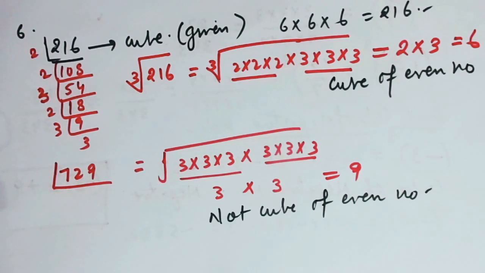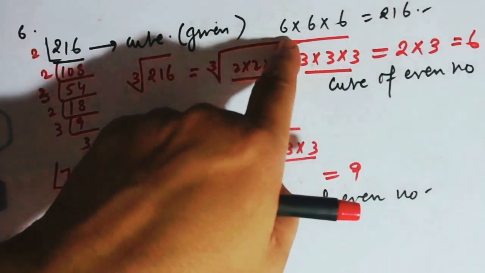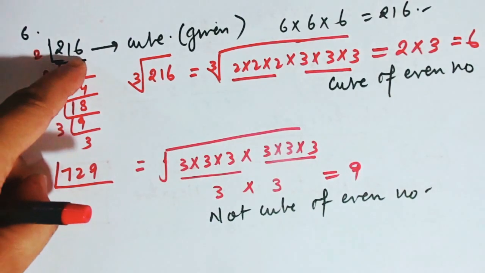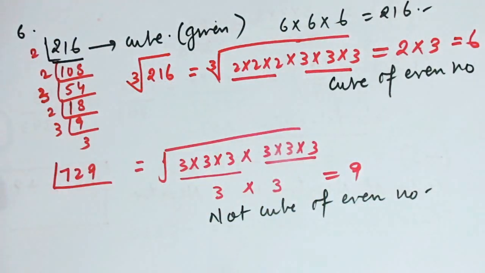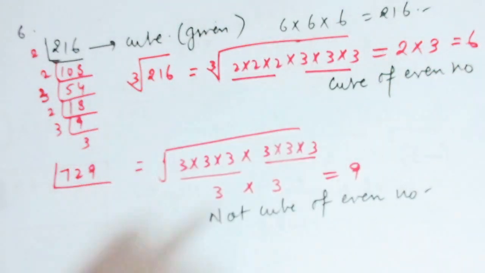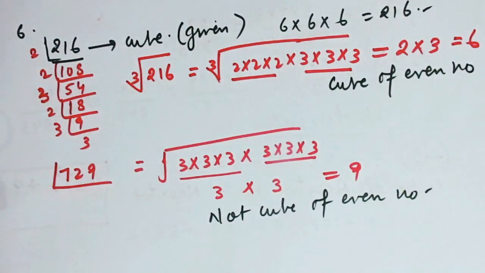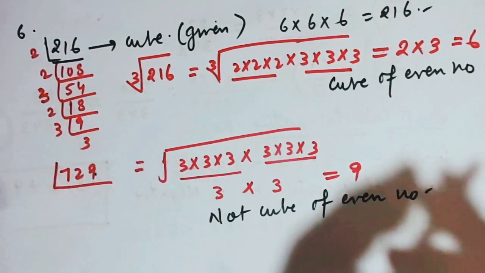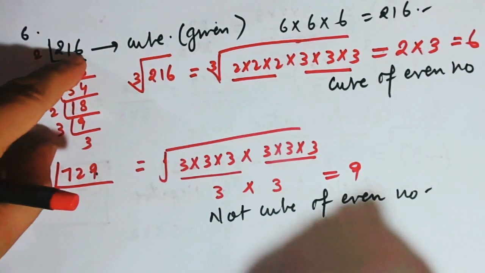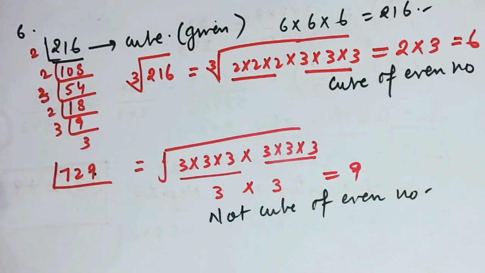And let me tell you one more thing. Without solving also you can do this. How? Without solving also. That is what I had told you people. For example, 9, you cannot obtain by multiplying an even number, but you can obtain 6 by multiplying an even number. For example, let us take 3375.